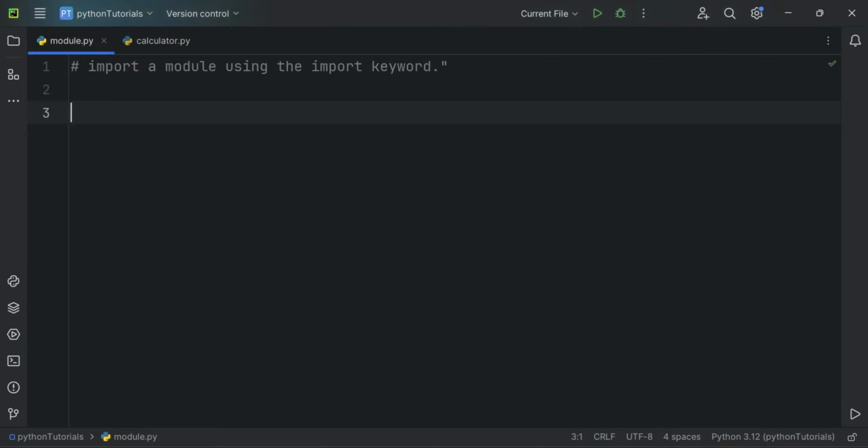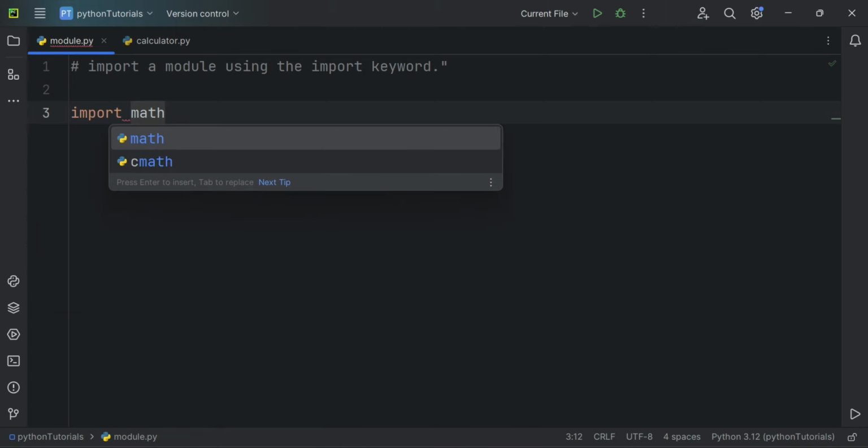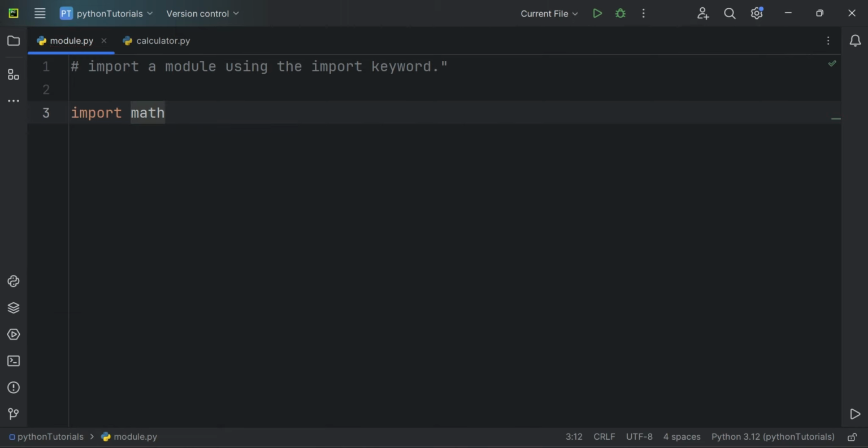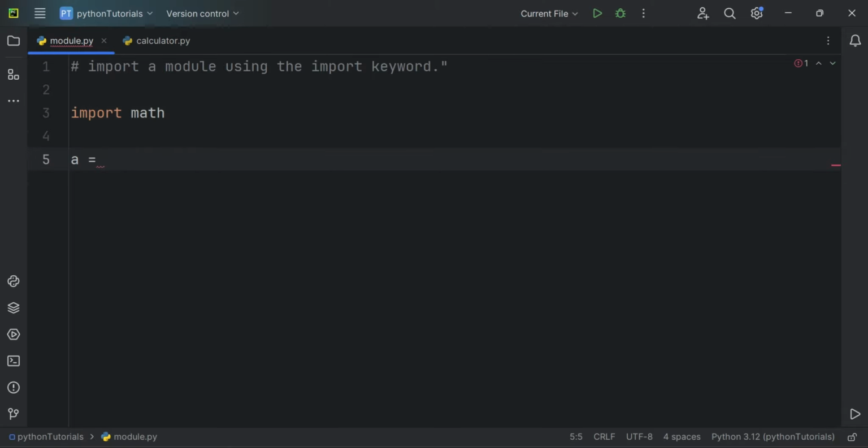Let's see a basic example of it. So here I'm going to import the math module. This math module contains a lot of mathematical operations. Here I'm going to create a variable a, then you have to call the module name math, then put a dot,